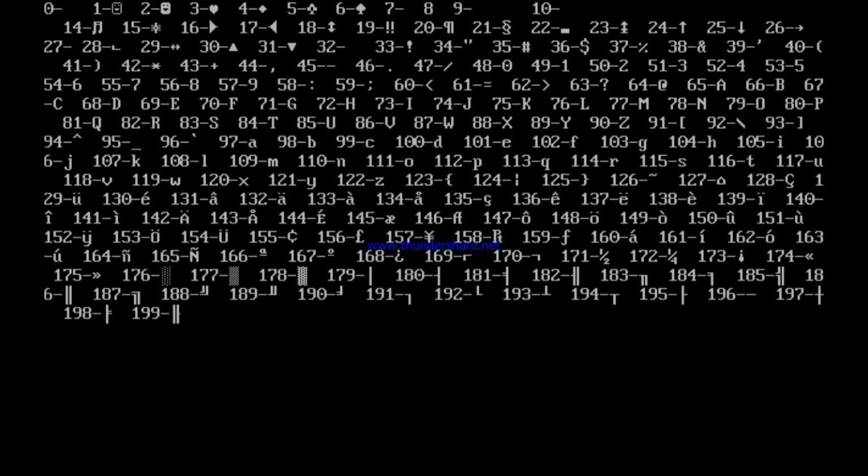Next line, see 54, 55, 56, 57, 58, 59, 60, 61, 62, 63, 64. 65 is A, 66 is B, 67 is C, 68 is D, and so on up to 90. 90 you see in the next line is Z. In this way you continue up to 93 in this line, then 94, 95, 96, 97, small a starts in the next line, and so on it continues up to 122.